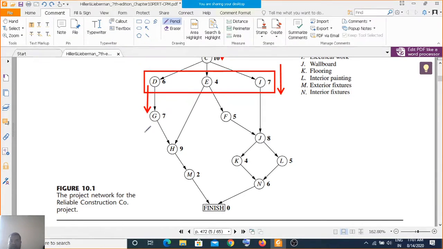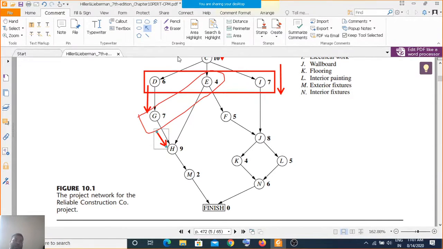When these two get completed, then and only then can you work with activity H. You can work with activity H if these two are completed, otherwise not.